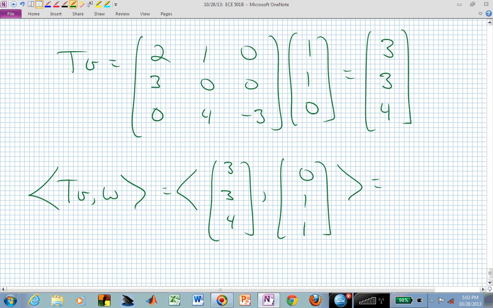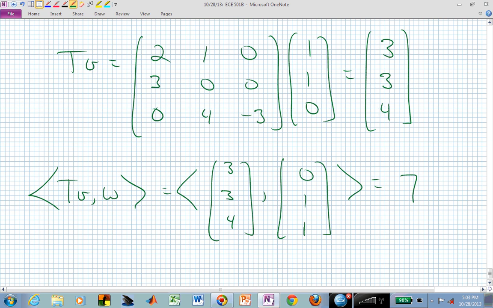So I have the first coordinates multiplied together, added to the second coordinates multiplied together, added to the third coordinates multiplied together. I have 0 plus 3 plus 4. 7. That's my scalar. So I started up here. I took the inner product of that with this, and I get 7. Now, the adjoint